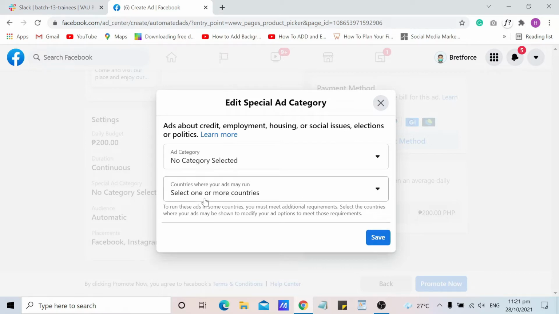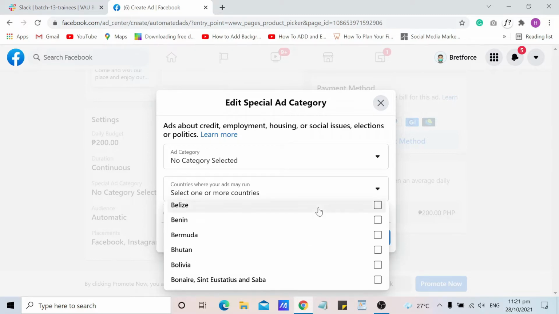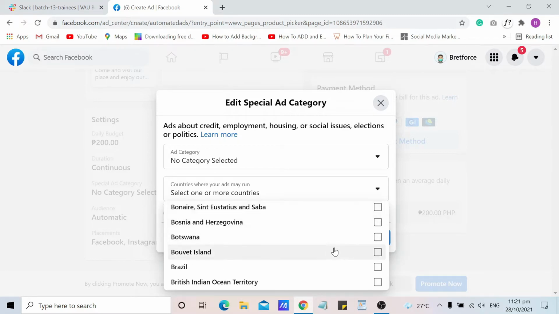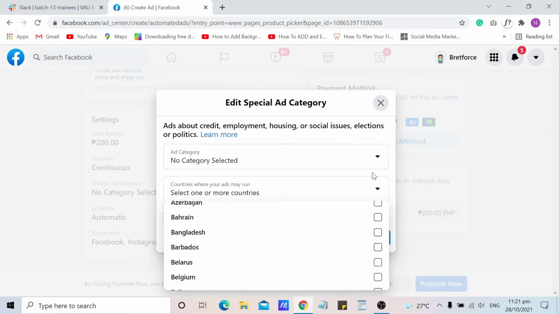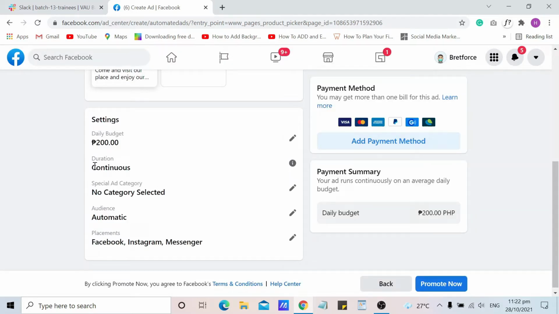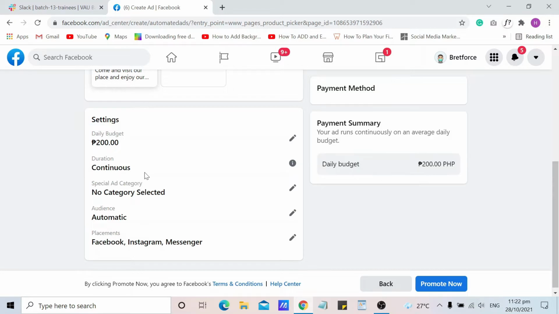Or you can select one or more countries from this drop-down list. And after putting all the details, then you can select close. And then the default for automated ads for the duration of your ads is continuous.